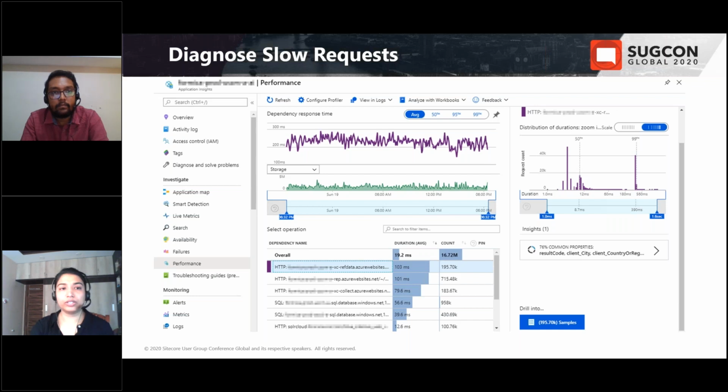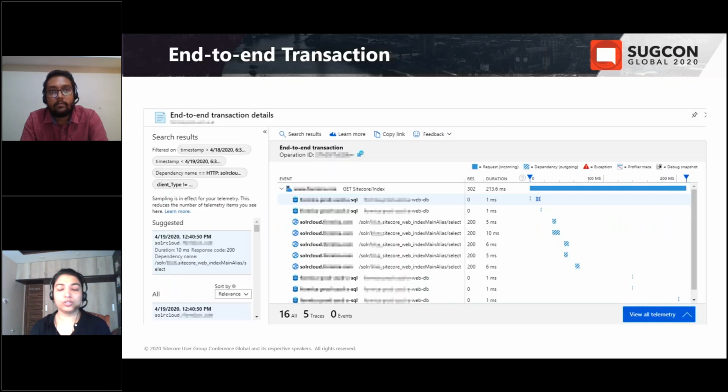So what is end-to-end transaction detail? It is a view that shows a time sequence list of all telemetry related to the request. In this case, a Solr dependency sample has been selected and it is showing the SQL and Solr queries executed for that request and the duration taken to serve those telemetries.